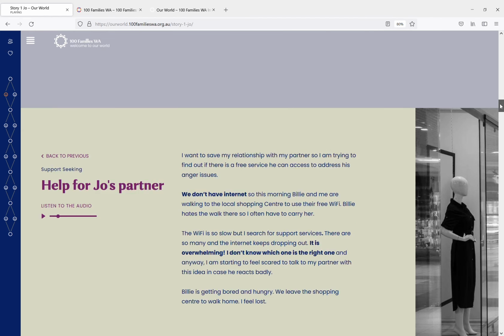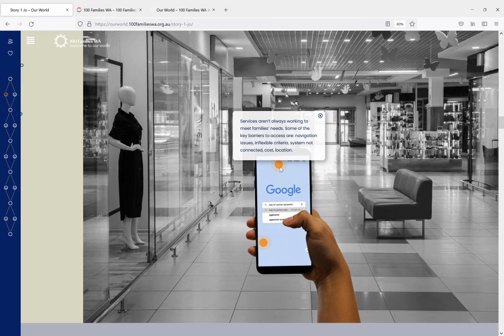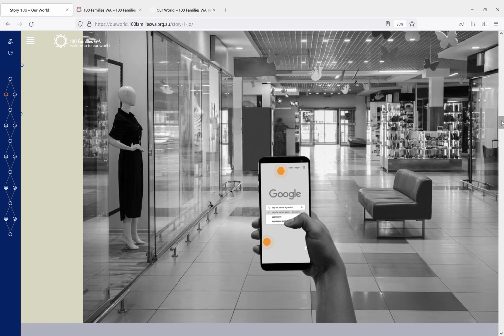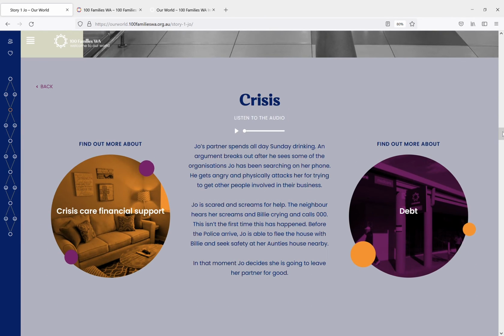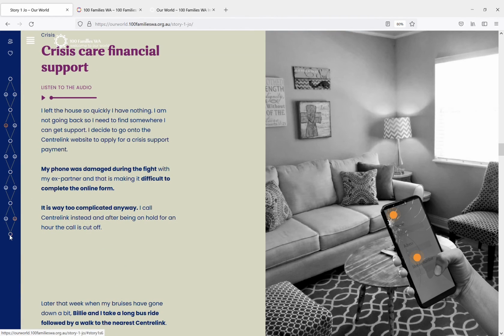And on the side, as you're listening, there's images about the situation she's currently in at that point. And if you hover over the images, they turn to color, and if you hover over the orange dots, they give you more information, which is based again on those 400 families. So scrolling further down, there's different components to the journey you'll hear more about. And if you go all the way to the end,